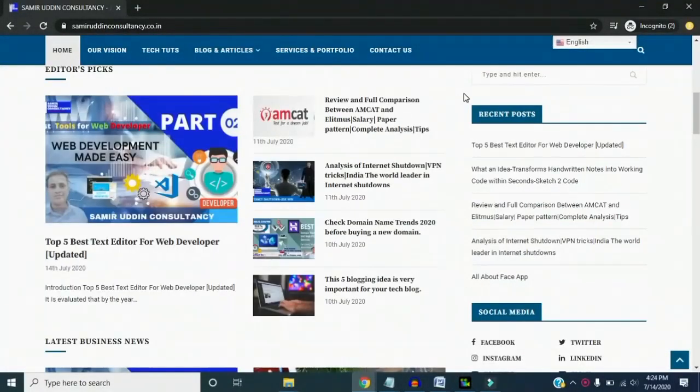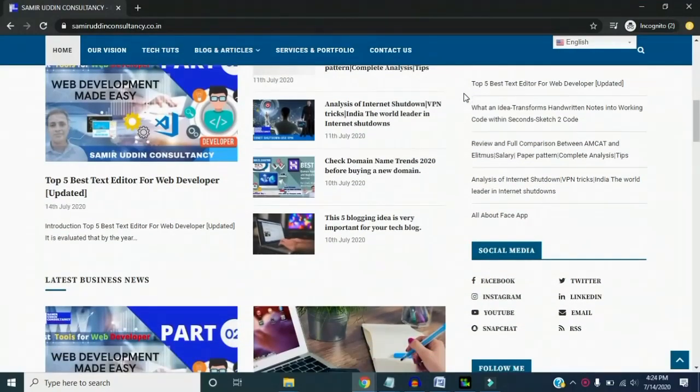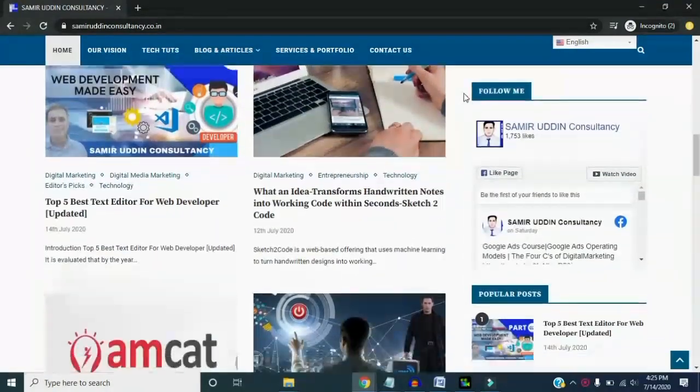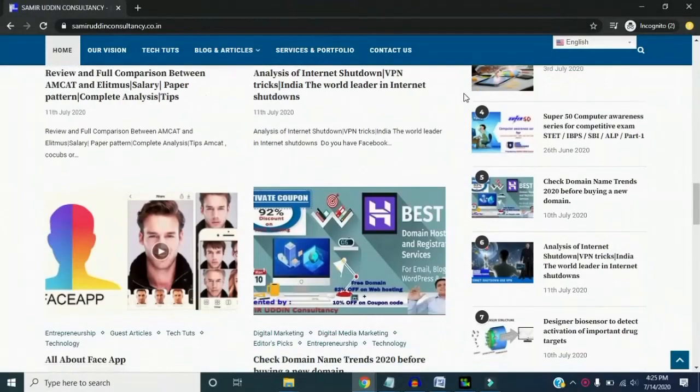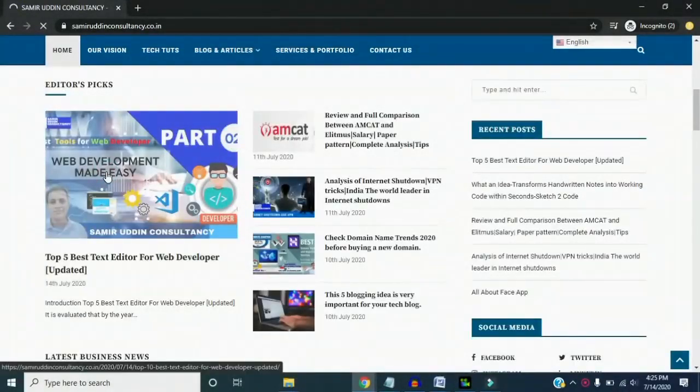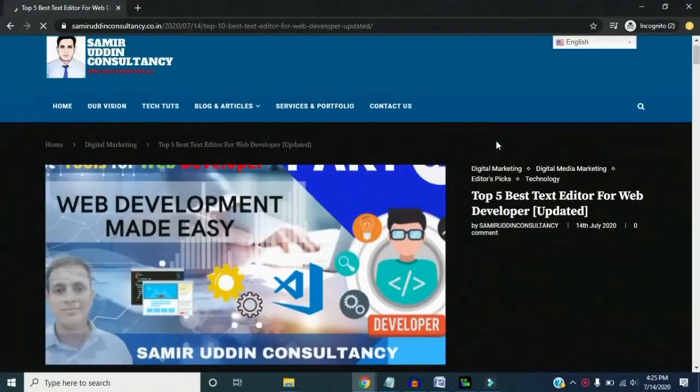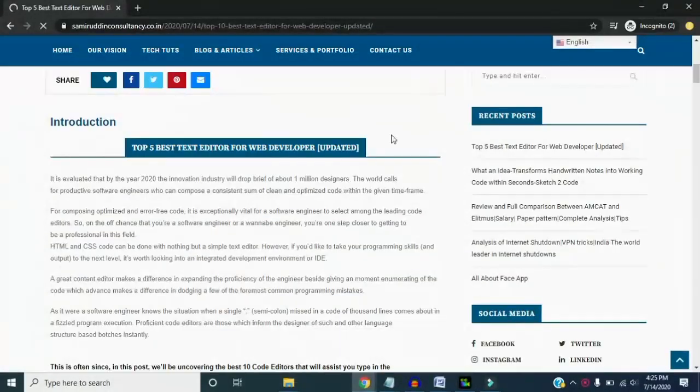Everybody has their own opinions and I have a blog post on samiruddinconsultancy.co.in in which you will get all the information related to the best text editors to write HTML code.